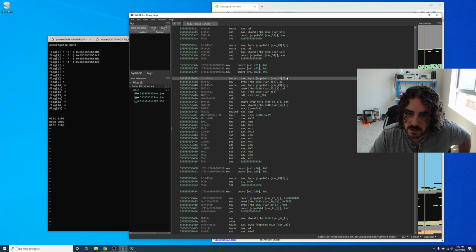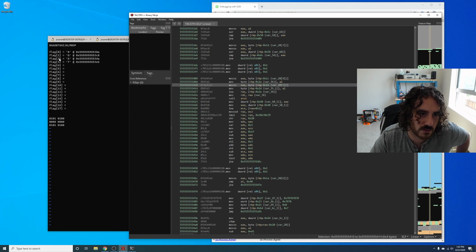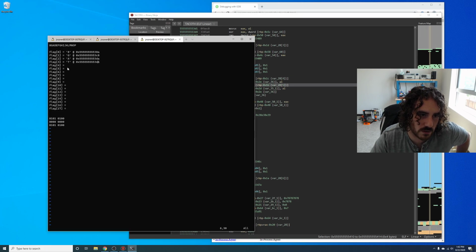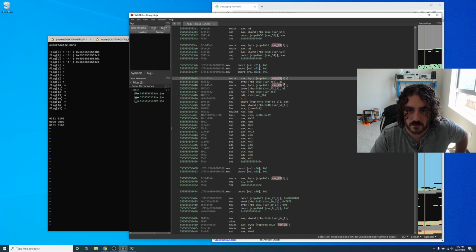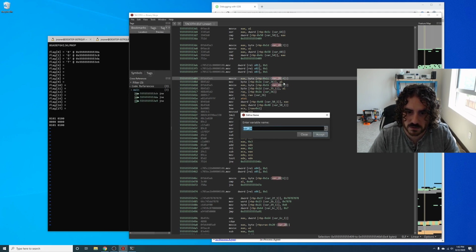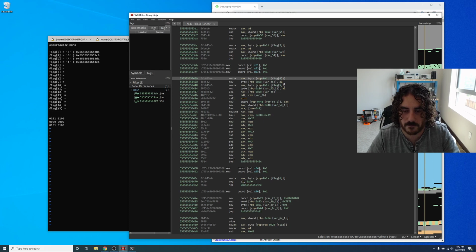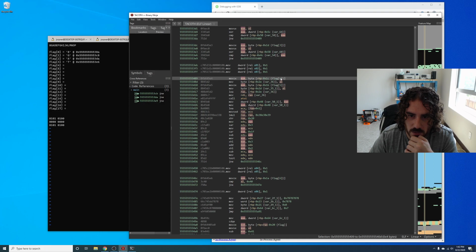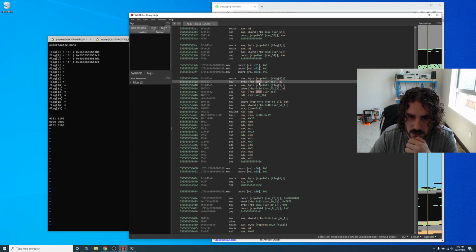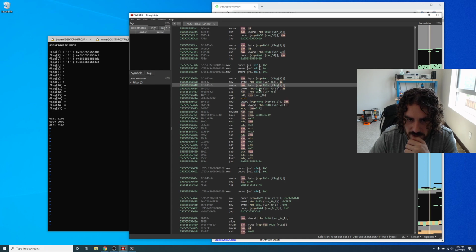So we're taking the fifth and the sixth character, so right here and right here. Moving this to flag. We're taking those characters. We move the fifth character into EAX. We're getting that value and we're putting it at 2E. We're then moving the sixth character into EAX. We're getting that as a value and putting it into D. We're loading